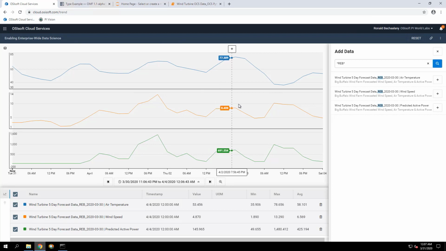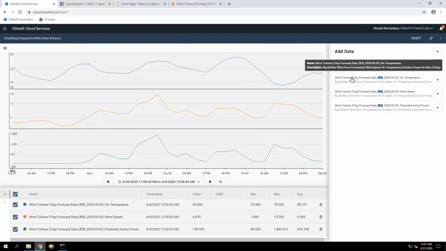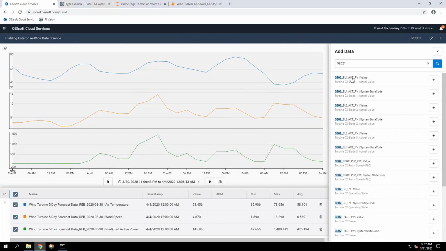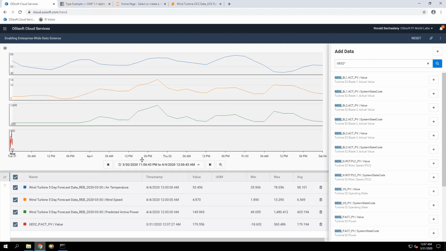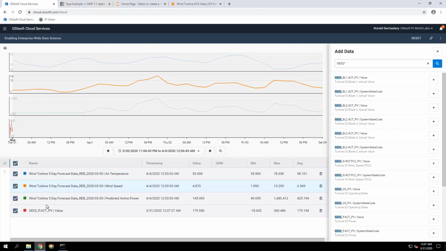We can also add the active power for one of the turbines. So we can search for GE02, for example, and we can add the active power. Let's remove the others. So let's remove temperature, wind speed.